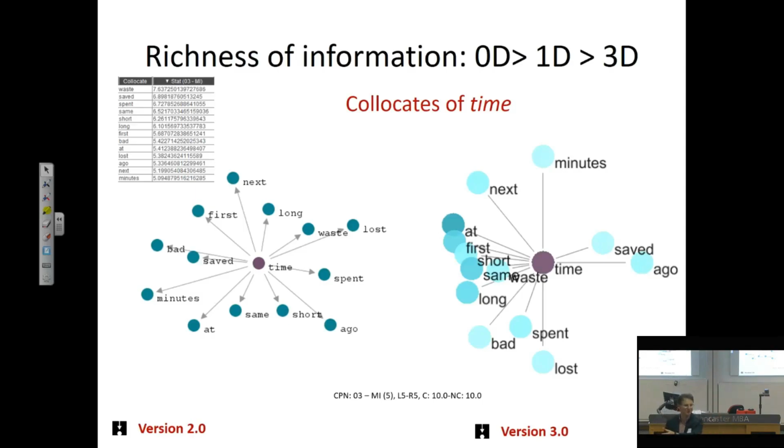Some time ago, time saved. Words such as spend can be both left and right, or lost. He lost time, time lost. So it gives you that type of information. So it gives you something more in addition to the basic pieces of information that you have. And that contributes to the richness of the display. Same size of the graph, but much more information. And ideally, this should be our goal in data visualization. Okay, does that make sense? Okay.